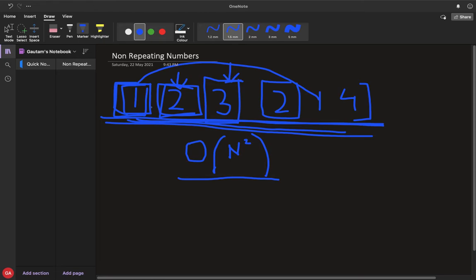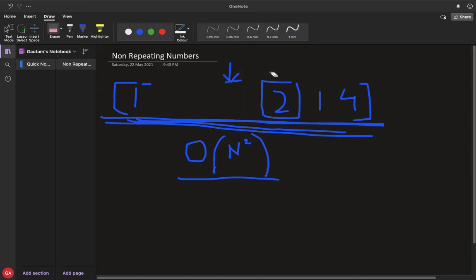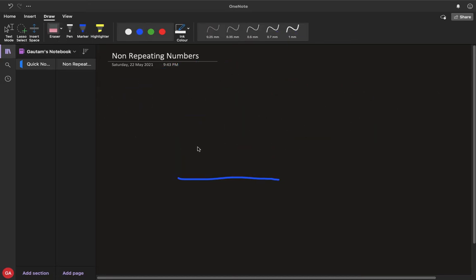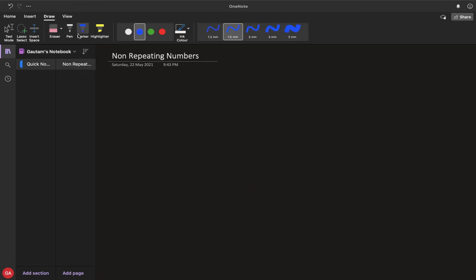This better approach uses bit manipulation. We'll use the concept of bits. So let me explain the implementation. Let's take a similar example, 1 2 3 2 1 4. In bitwise operators there is an operator called XOR.